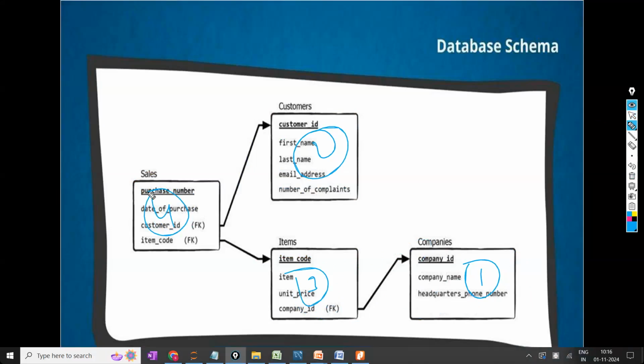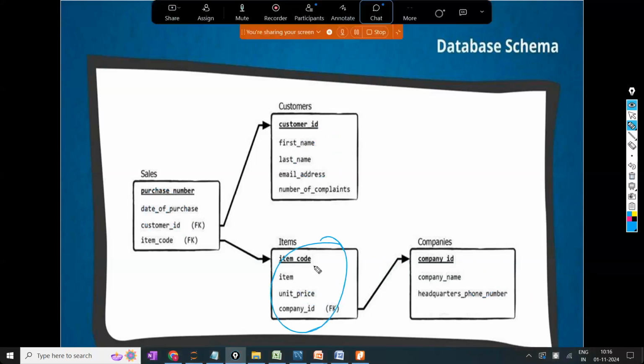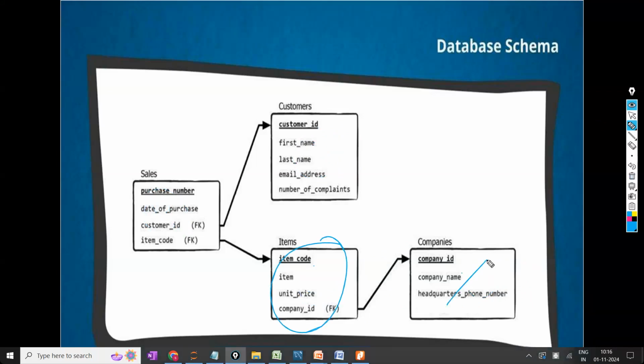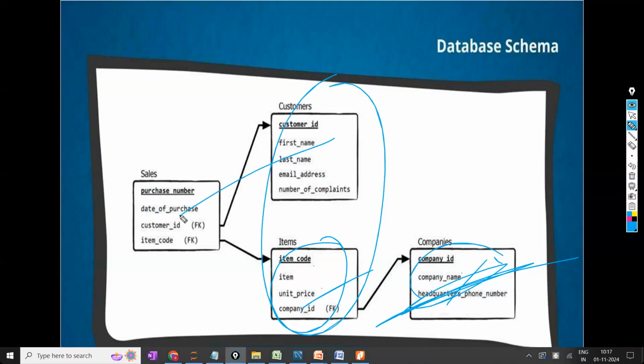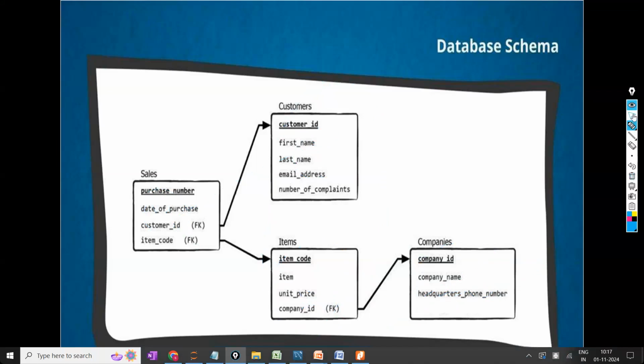Anything is okay. But the only point is that before this table is created, the tables it depends on have to be completed first. Without doing those, we can't do this. That is compulsory. After two of them only, this one will come, because here two foreign keys are there, which means two tables are involved. Is the point clear?